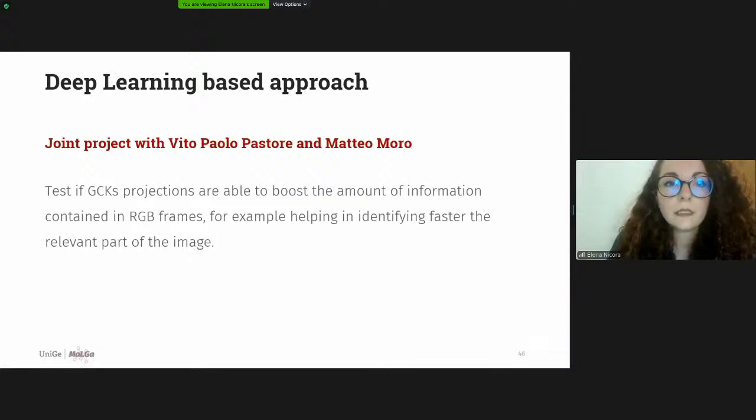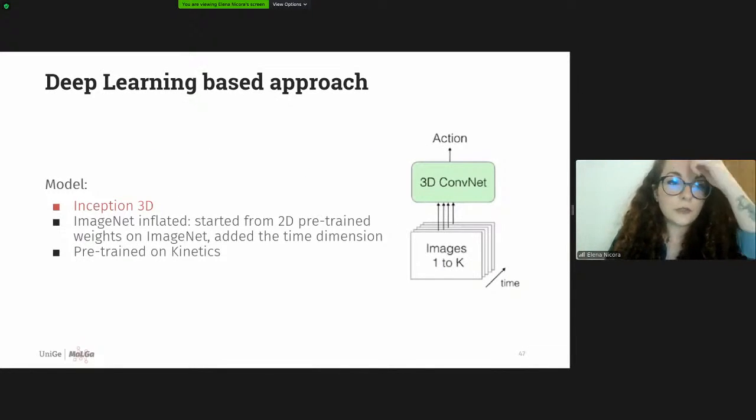And from the deep learning point of view, we wanted to test, in a joint project with Vito Paolo Pastore and Matteo Moro, if our Gray Code kernel projections are able to boost the amount of information contained in the RGB frames, maybe helping in identifying faster the salient part of the image. For doing this, we used an Inception 3D model